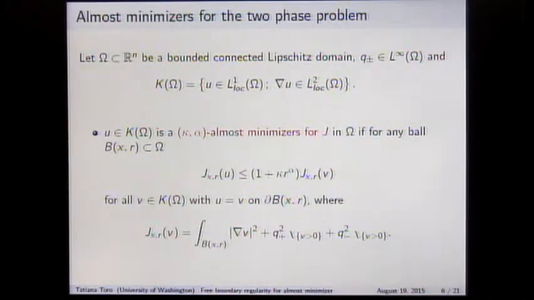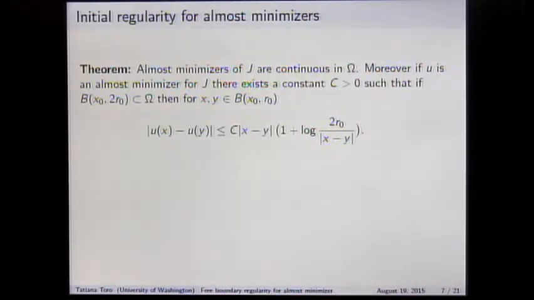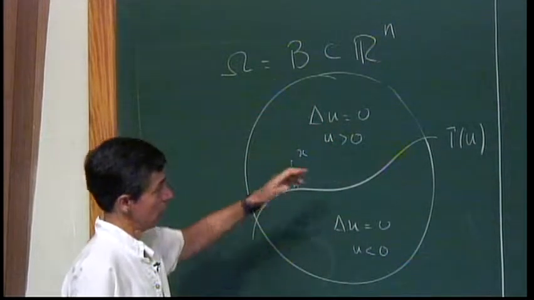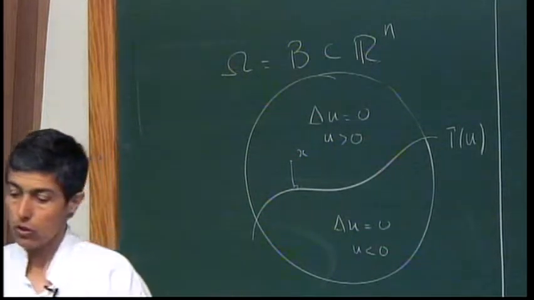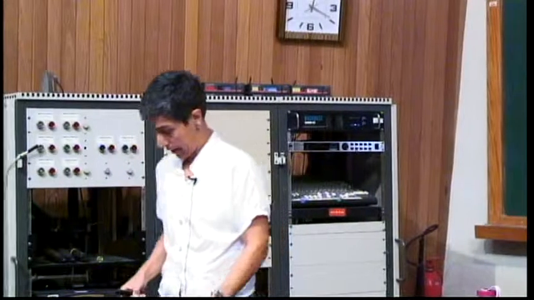So what can we prove? This was a work that we started a few years ago with Guy David, and here's what we were able to prove. We were able to prove that almost minimizers to J are continuous. And we have a modulus of continuity that I learned yesterday. It's called log-Lip. What this says is they're continuous all the way across. I don't have any more of these things, so I will draw another picture in a minute. They're continuous and they have this. So this is almost Lipschitz, but not really.